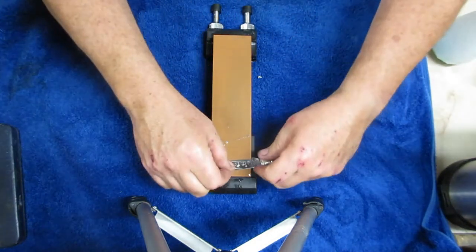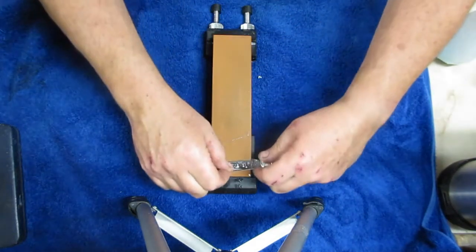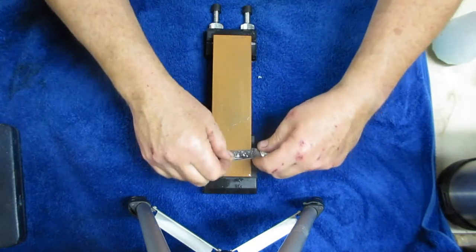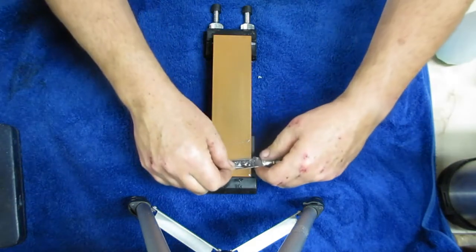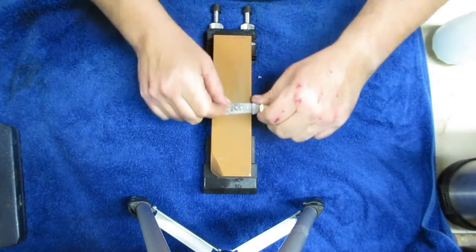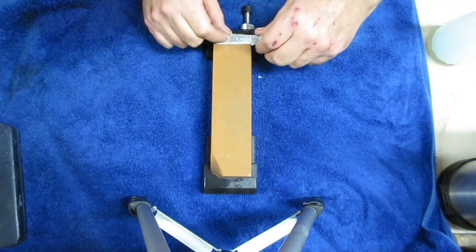And you can feel it. I can feel it when it scrapes. But anyway, that was a little high of an angle right there. But what I'm trying to say is that there's more than...